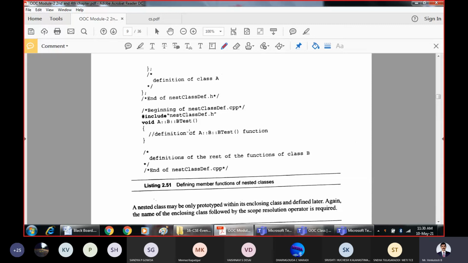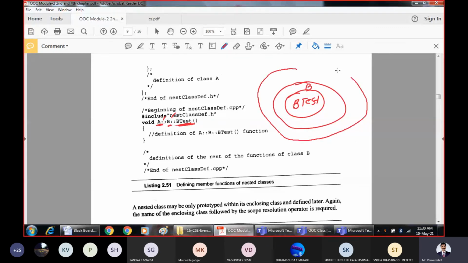How do we declare it? bTest is being defined, which is part of class B, which is enclosed within class A. So here we are going to use the scope resolution operator in 2 hierarchies. That is, bTest is the member function which is present within class B, which is present within class A. How do you define it? bTest scope resolution B, scope resolution A.